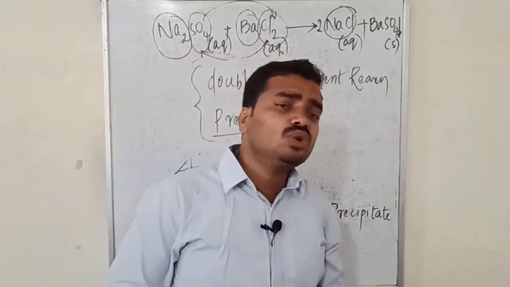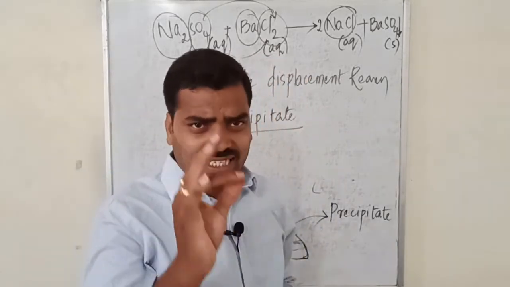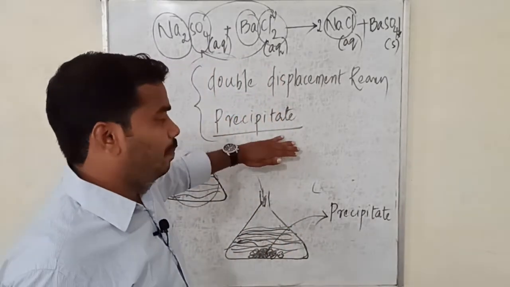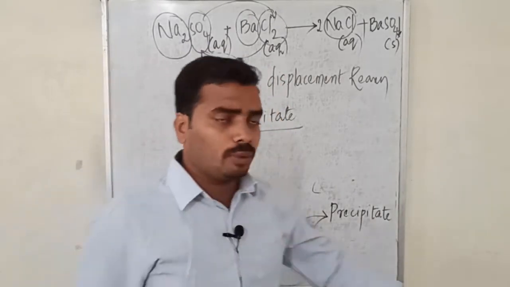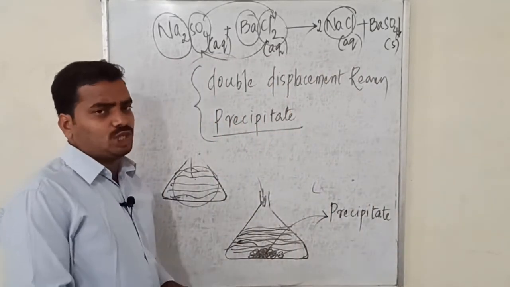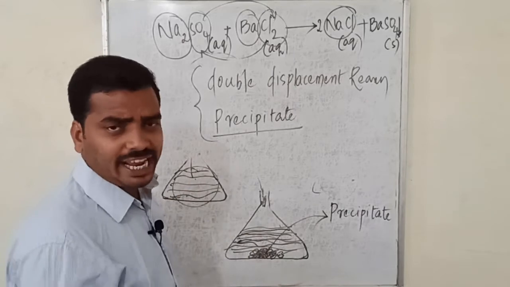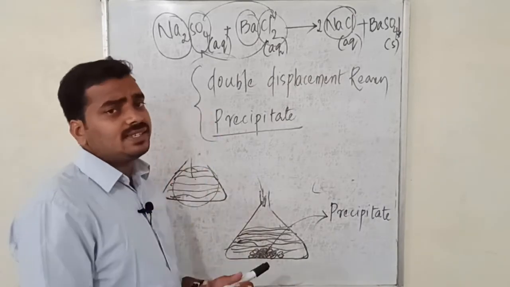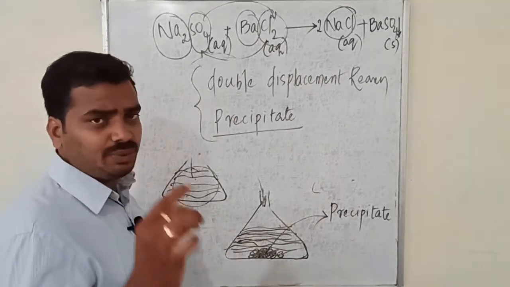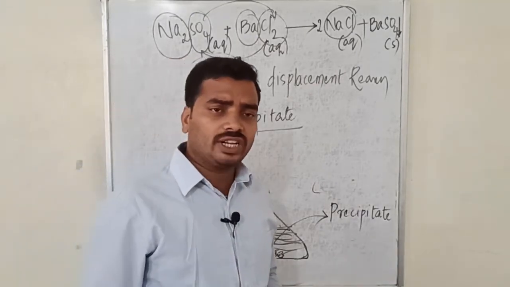In activity 2, you got to know what is double displacement reaction, and at the same time what is a precipitate which is formed in the reaction. So overall you have learned two types of reactions now, that is double displacement reaction, and the first one is combination reaction. Now we are going to learn the third activity, which is a very important activity.